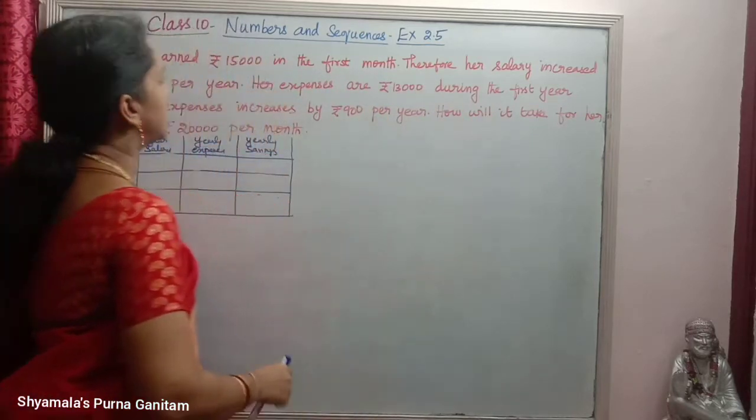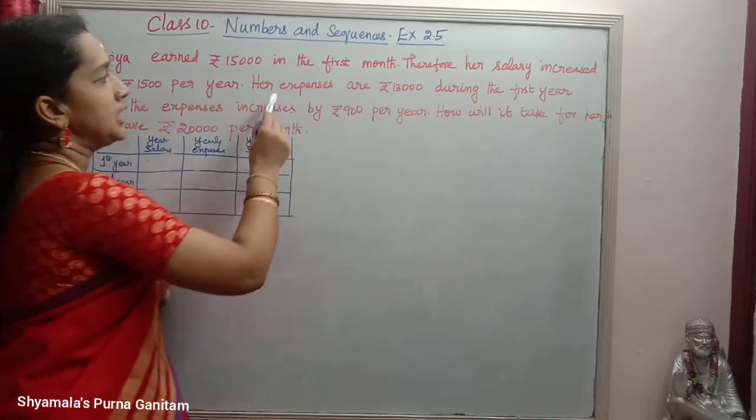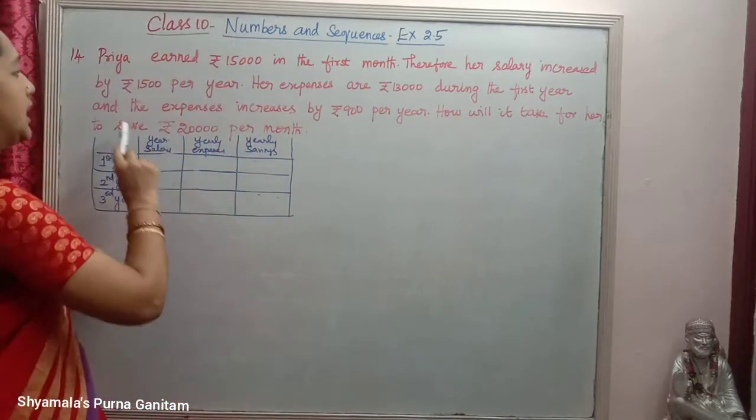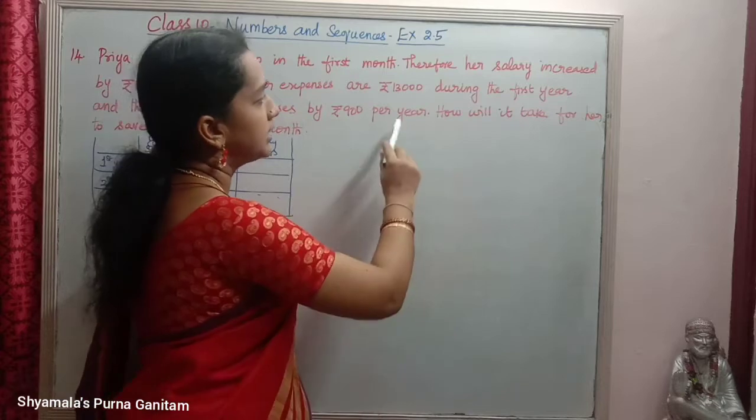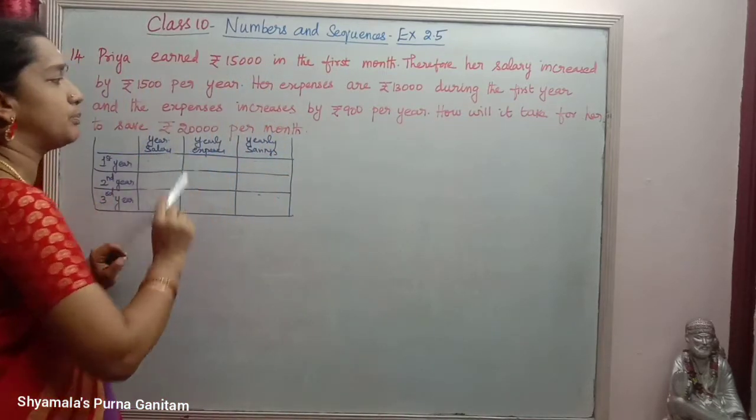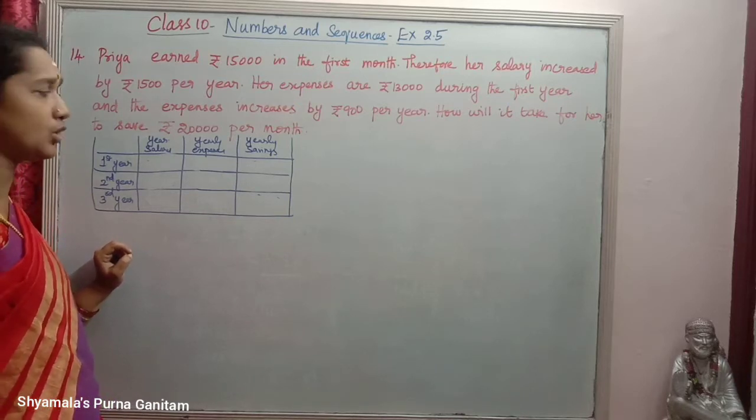Therefore, her salary increased by 1,500 per year. Her expenses are 13,000 during the first year. And the expenses increases by rupees 900 per year. How will it take for her to save rupees 20,000 per month? Okay, so